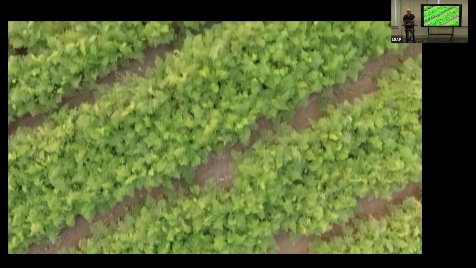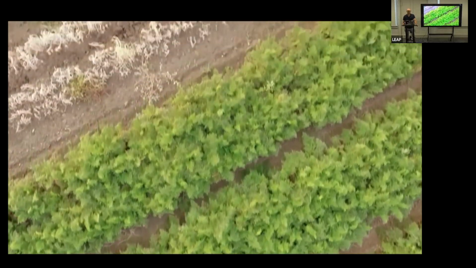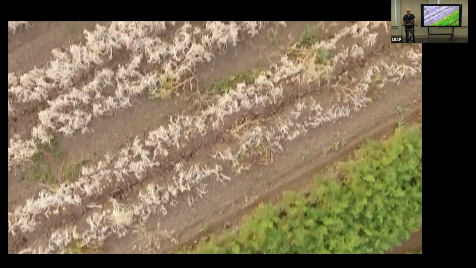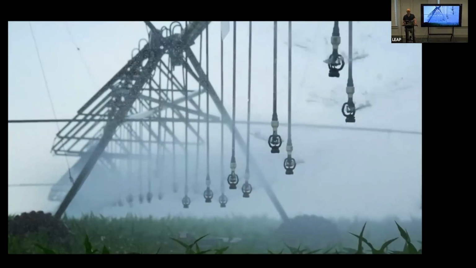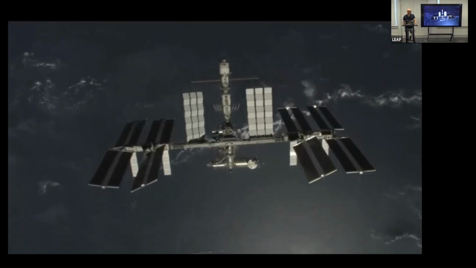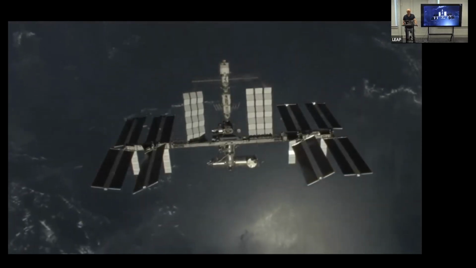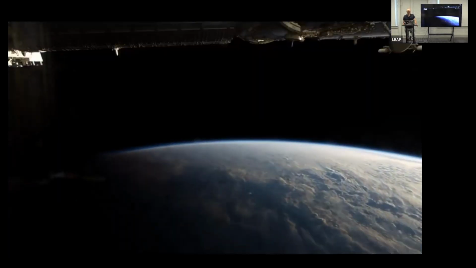We can pick up that stress before the plant is visibly affected. So there's this window where water resource management and agricultural users can actually allocate more water before they die, before the damage is irreparable. The space station is going to fly over at different times to be able to look at how the stress is changing through the day and allow us to characterize vegetation in ways that we've never been able to characterize it before.